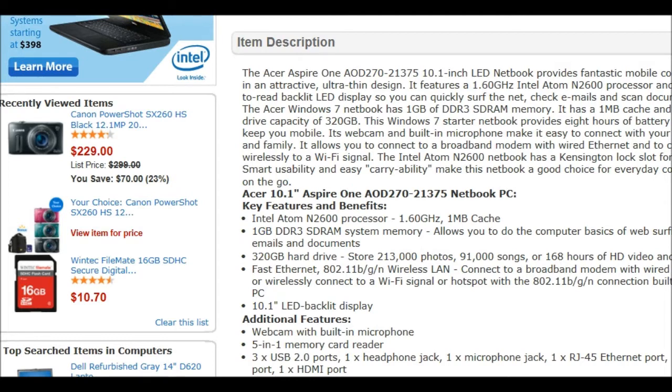Check this out, 320 gigabytes hard drive. It stores up to 213,000 photos, 91,000 songs, or 168 hours of HD video. Okay, guys, well, I'm not going to be using it to put songs on it. I'm not going to be utilizing it to watch videos, and I darn sure ain't going to be using it to play Angry Birds and all that mess. This is just going to be dedicated for HVAC technical information,